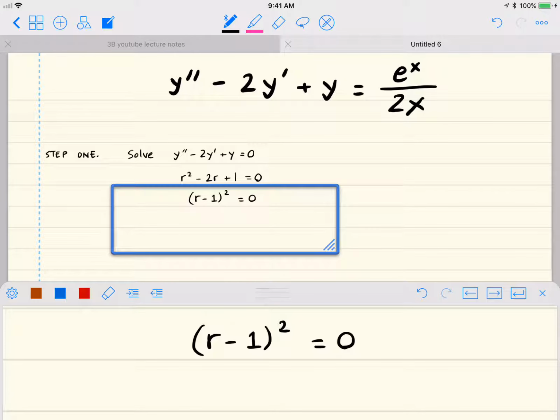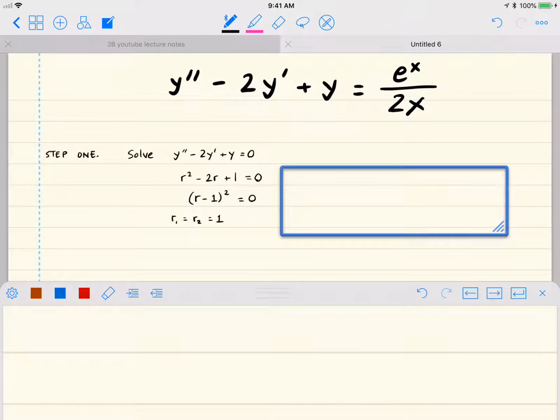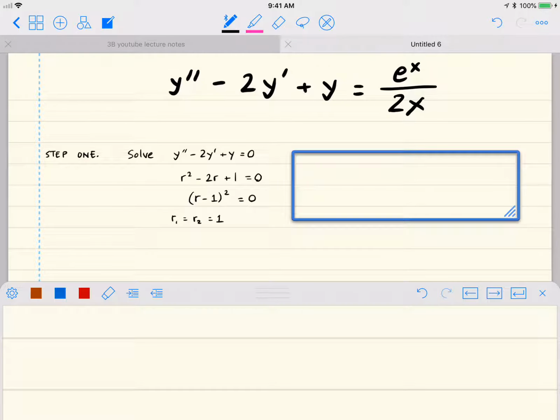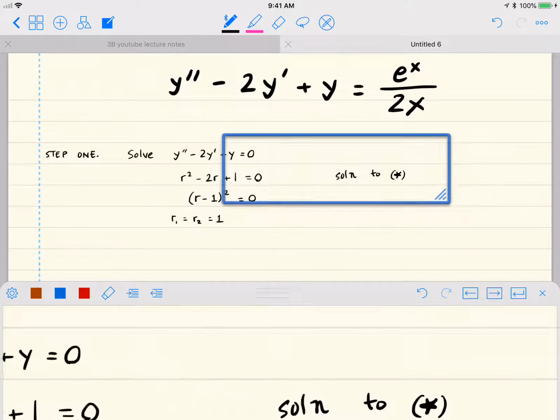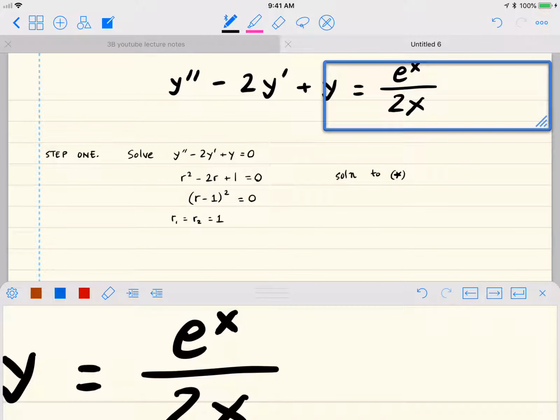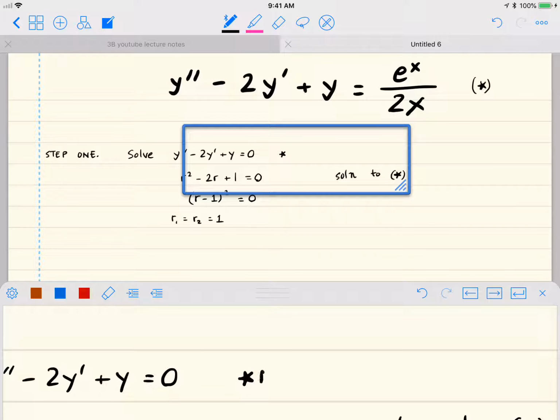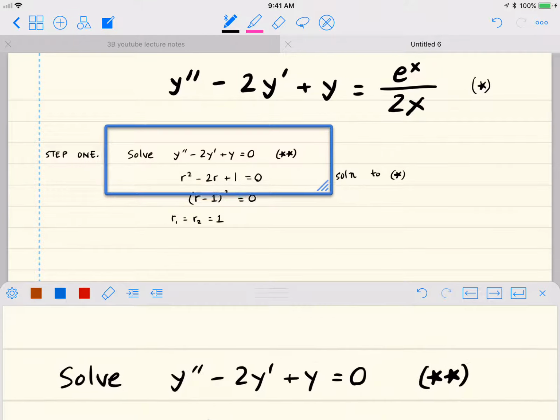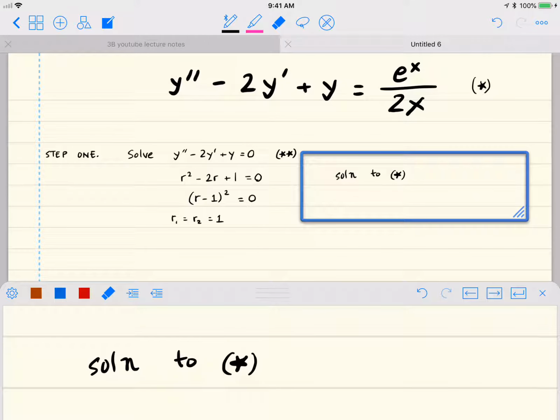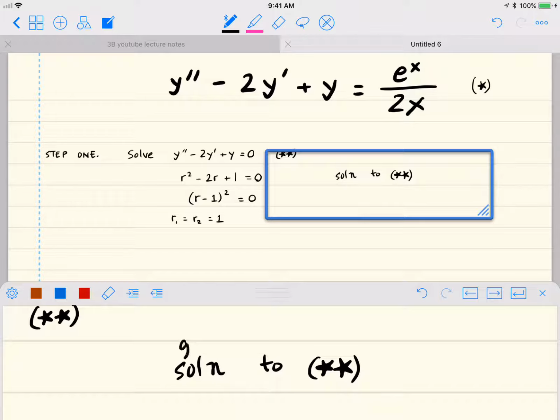So I'm in the case where I have r1 is equal to r2 is equal to 1. So I've got repeated roots and they're real. So my general solution is, my solution to, let's call this one star, and we'll call this one double star. So double star is just the homogeneous version of star. So my solution to double star, the general solution,